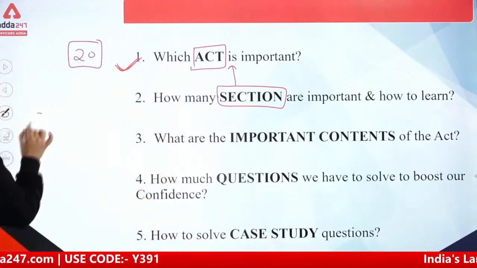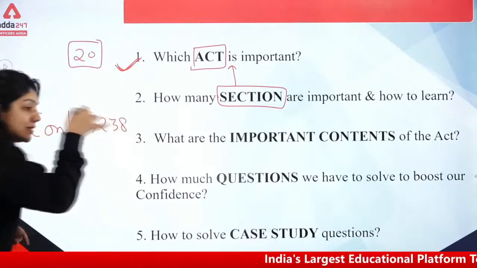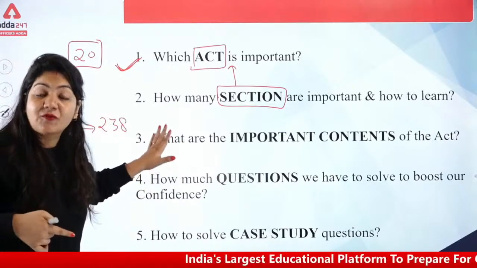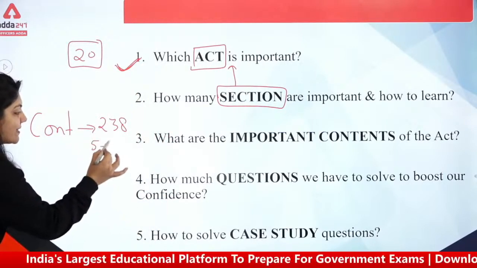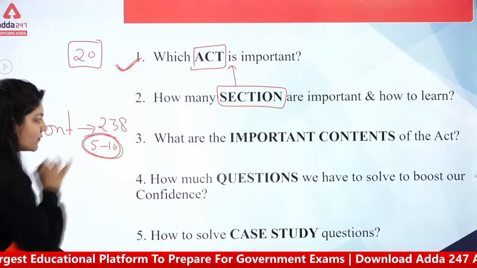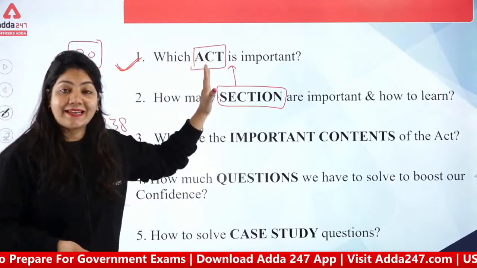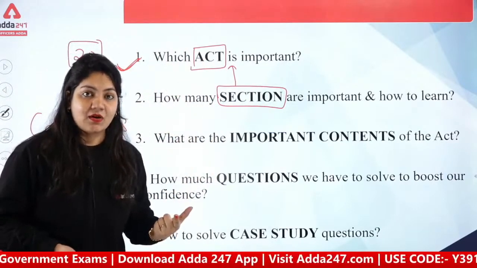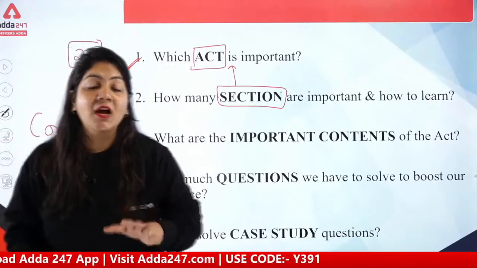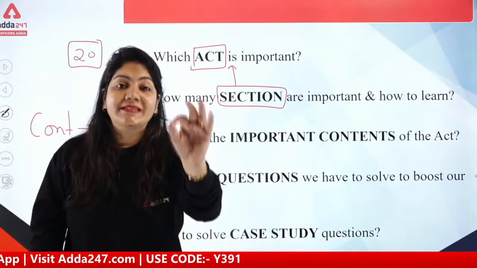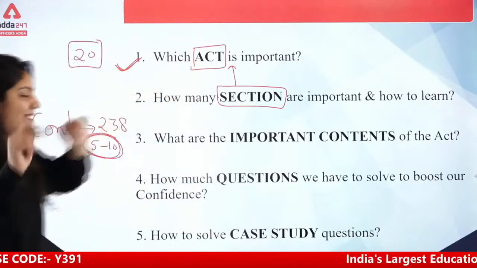Suppose the Contract Act contains 238 total sections, but you do not have to mug up this many sections. Hardly 5 to 10 sections you have to learn from the examination point of view. Only 5 to 10 sections. These sections I have already explained in the paid classes, or you can also see the video course of your LRAB, in which I explain all the sections in very detailed form. So ma'am, what are the acts which are important? Just see at a glance.